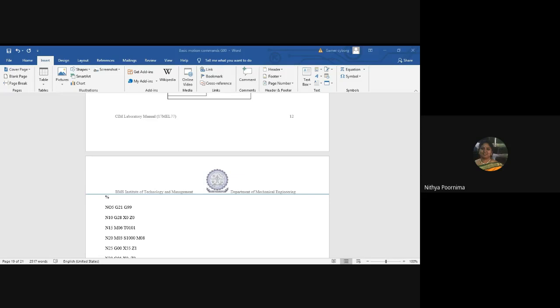Okay, then with this, I'm stopping the class. As a part of assignment, I want you to write a simple program for the sketch and for the dimensions I've given. You can take a photo from your mobile and start writing the program for that. Unless you make an attempt, you will never learn to write a program. So first, even if it is wrong, make an attempt. Next class, we will discuss the program in detail. Is it clear? Yes, ma'am.